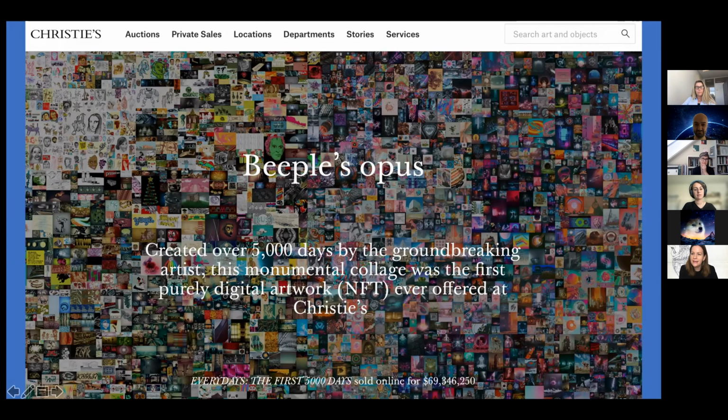As Giovanni said earlier, it is the third record price for a living artist. So that's behind David Hockney and Jeff Koons. And the price, people often say the price is 69 million or 70 million. And as you can see at the very bottom of this slide, it's